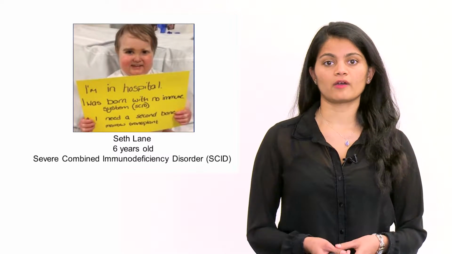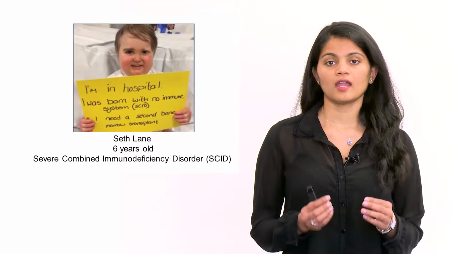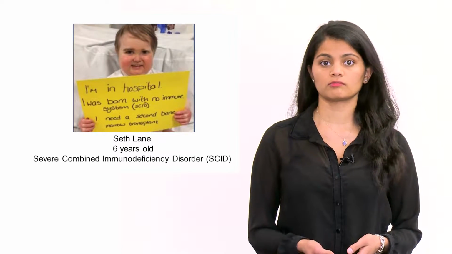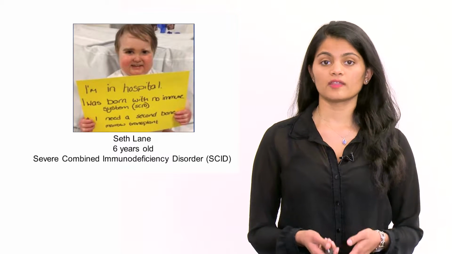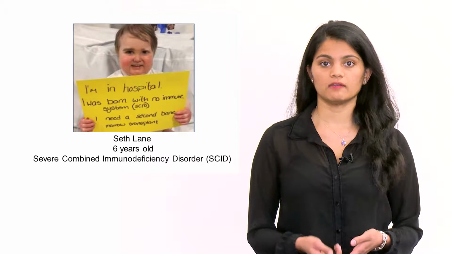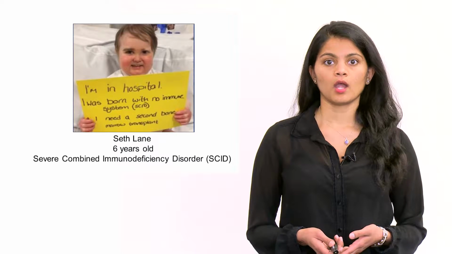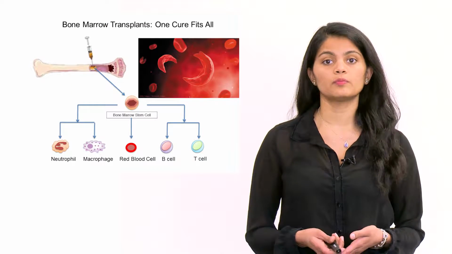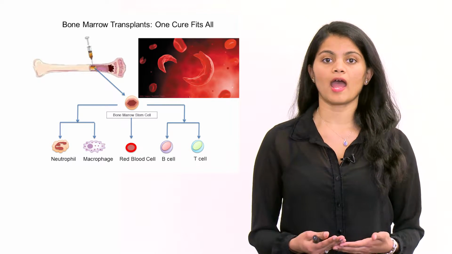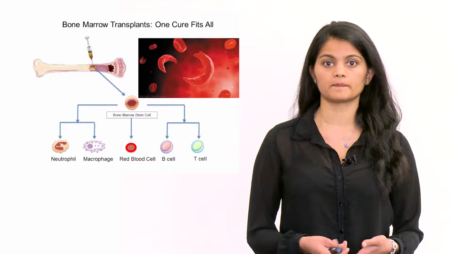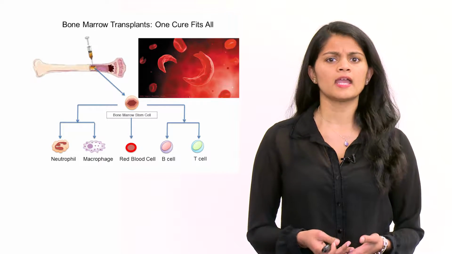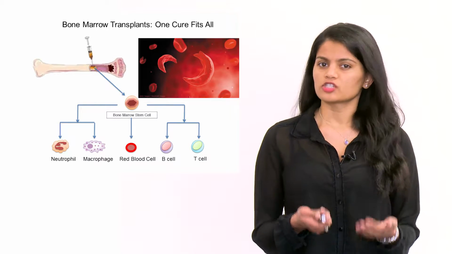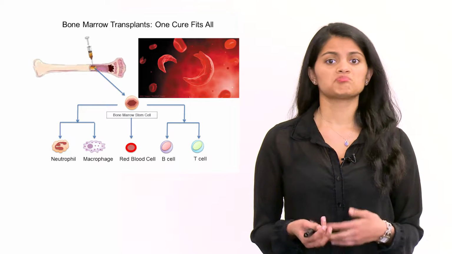Seth was born without an immune system, a disorder called Severe Combined Immunodeficiency Disorder, or SCID. When Seth was 5 months old, he received a bone marrow transplant. A bone marrow transplant aims to provide Seth with new bone marrow stem cells that can give rise to a new immune system. A bone marrow transplant can effectively cure any blood-related diseases, just like sickle cell anemia or any